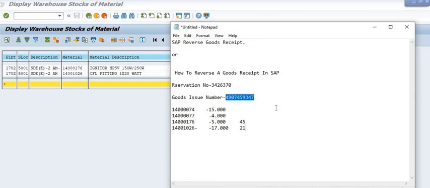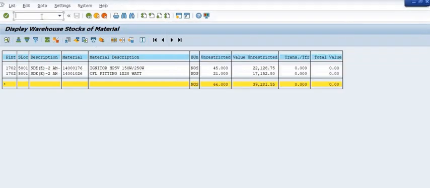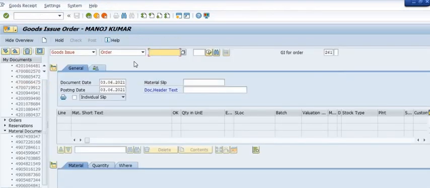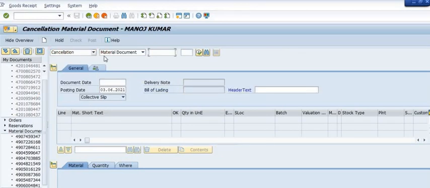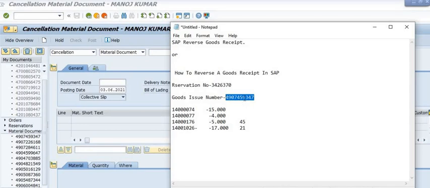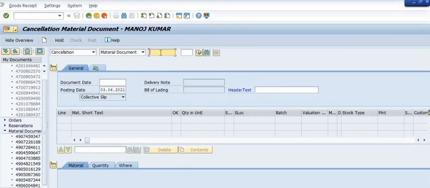So first copy this GI number and execute the transaction MIGO. MIGO is a very important transaction code, and here you have the option of cancellation. You also have the option of partial cancellation, and we are going to copy this document number, and